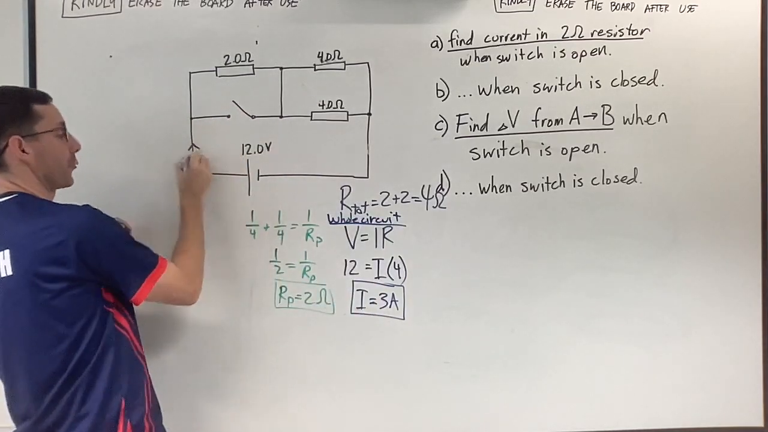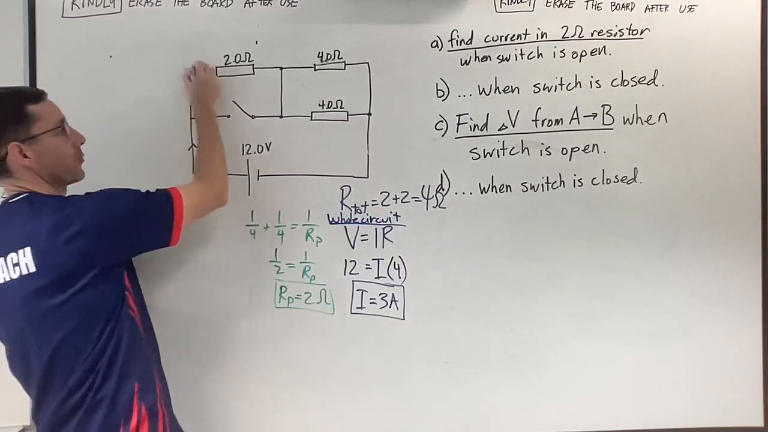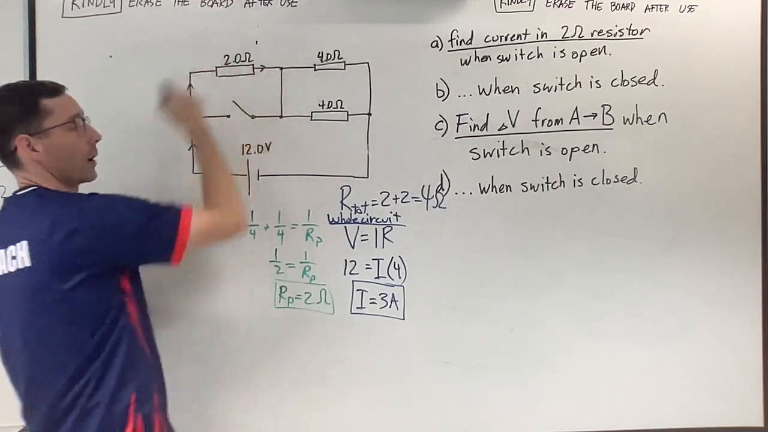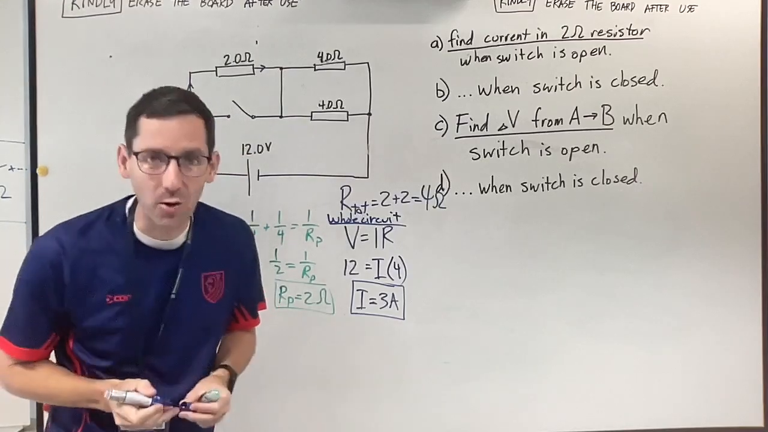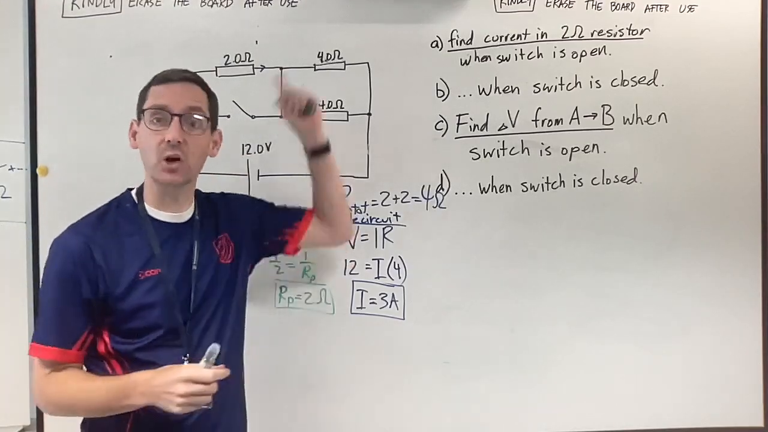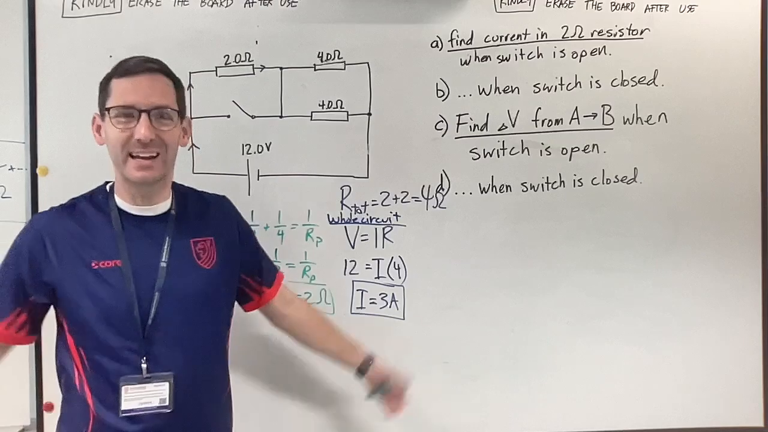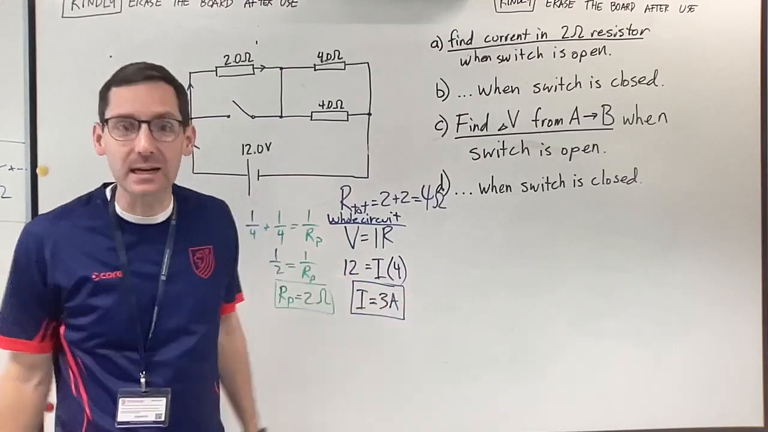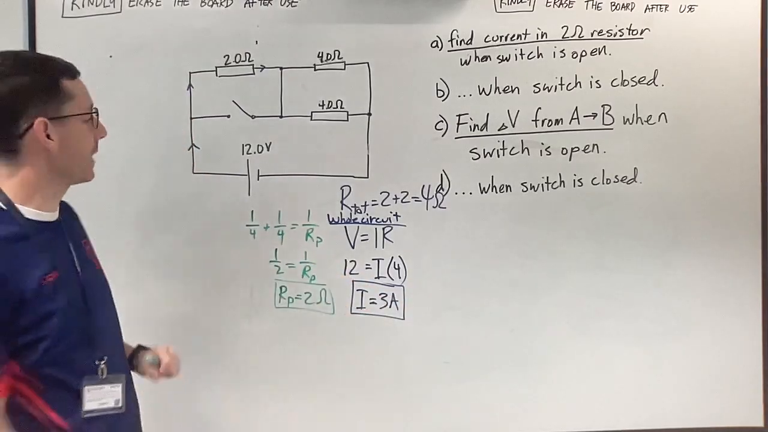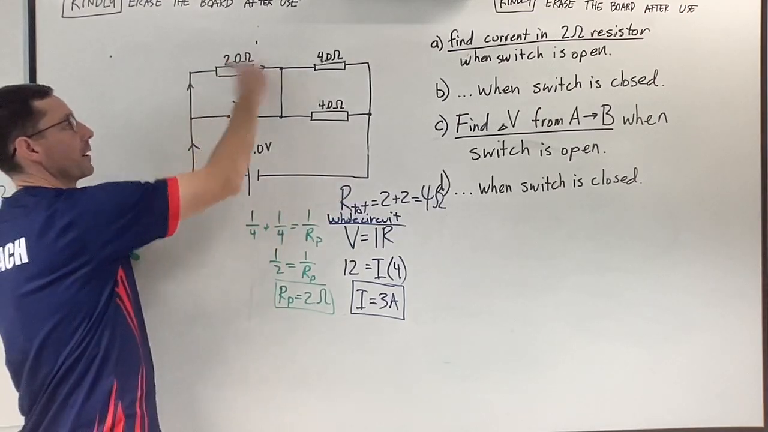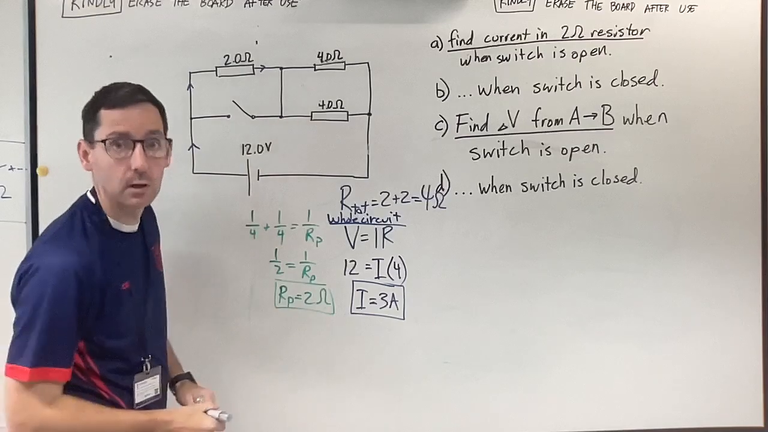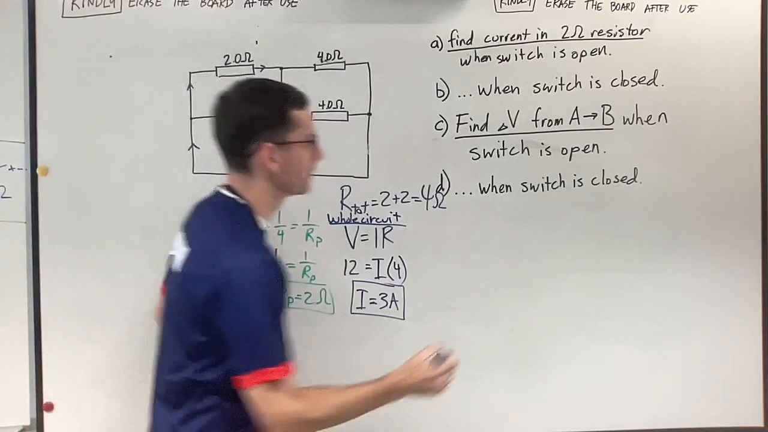So that means I have 3 amps going through here, 3 amps going through there, 3 amps going through my 2 ohm resistor. So now the question was, find the current in the 2 ohm resistor. Guess what? We're done. We just did it. We found out that there are 3 amps going through the circuit as a whole, which means there are 3 amps going through the 2 ohm resistor. So